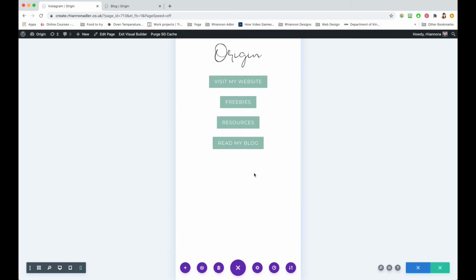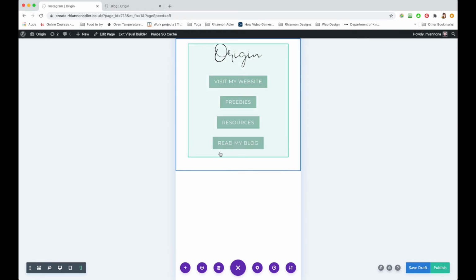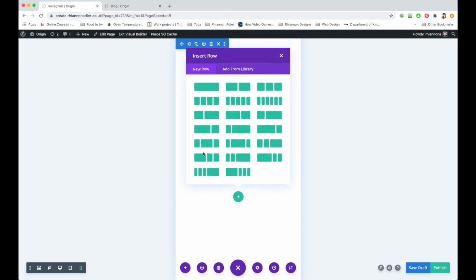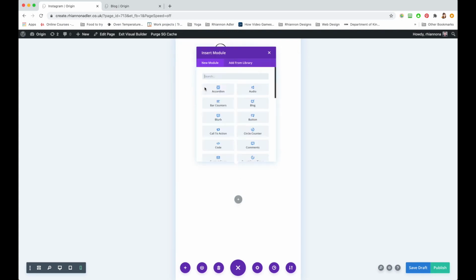mailing list companies like MailChimp quite often create, you can have a page, they'll have a link to a sign up form, so you can go and copy that. So you could just add it as a button, but I think it's quite nice just actually having a little form here so people can really quickly and easily just sign up into it. So to do that, what I'm actually going to do is create a new section, because I'm going to give it a background colour. So just a regular section and the straightforward row,